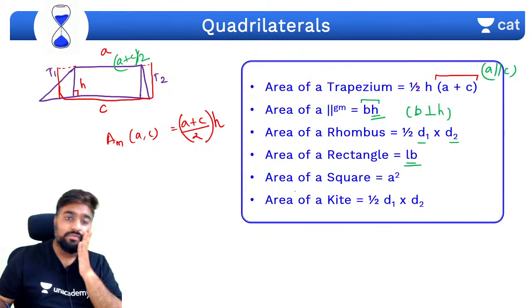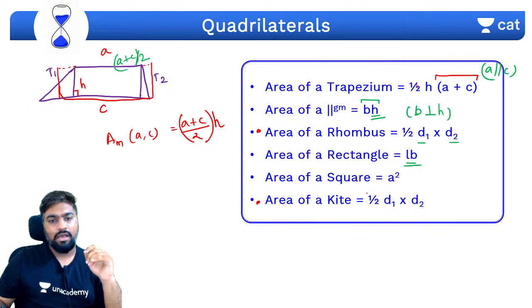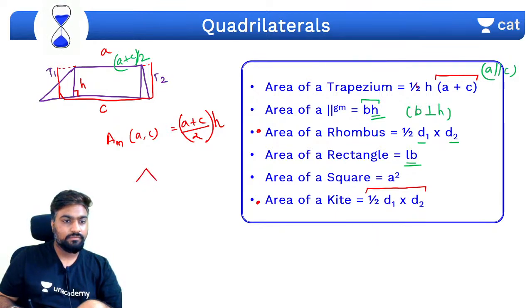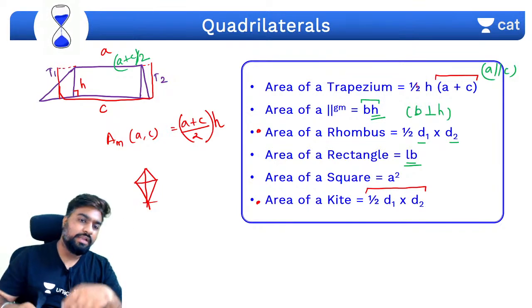We also have another quadrilateral called a kite. Yes, a kite is very similar to a rhombus, where you take half the product of the diagonals. Got it? This is a kite, no? Something like this. ये नीचे knot वाला part नहीं आएगा यहाँ पर. So this is one of the diagonals, this is the other diagonal. Done?